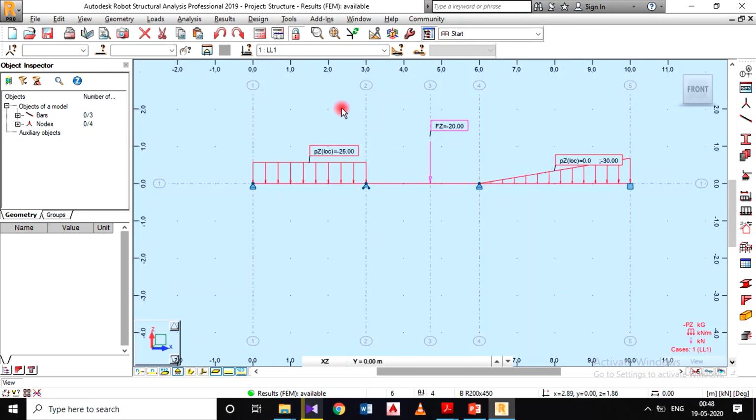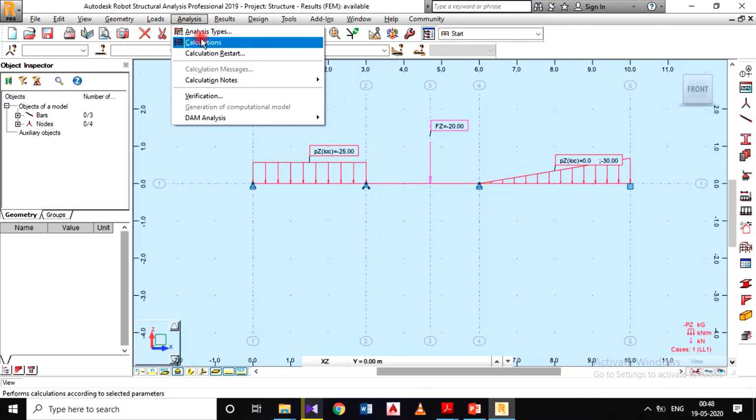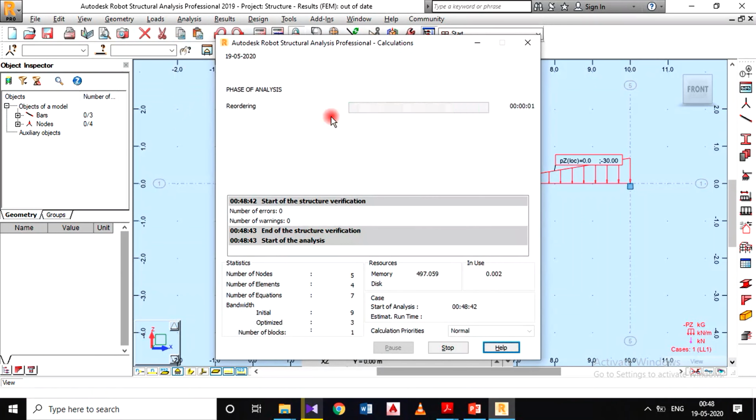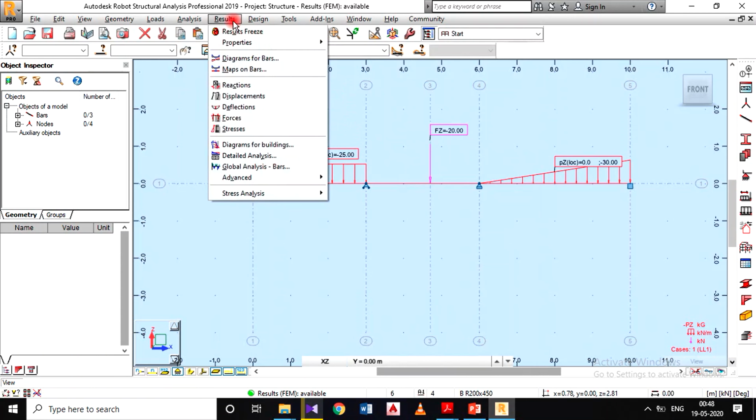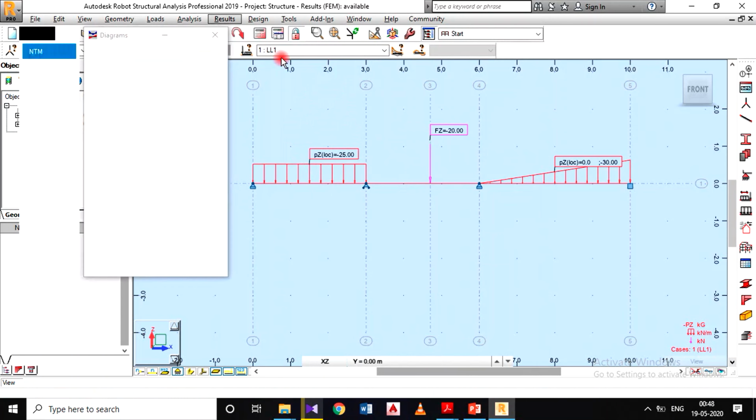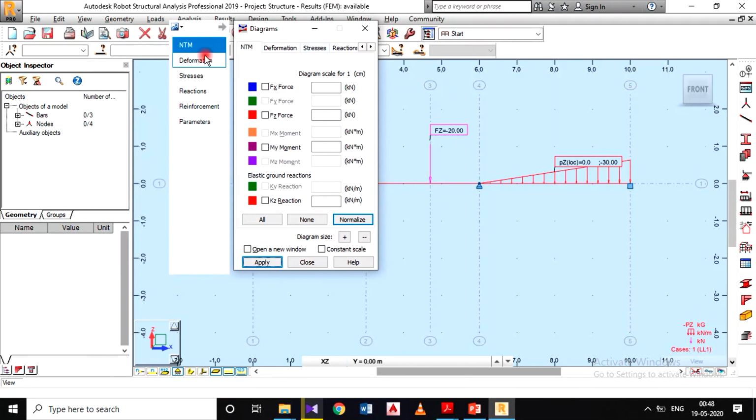Now the next part will be the analysis. So click on the analysis, then click on the calculations in that. The analysis part is over. Now we need to see the results. So for that go for the results. In that click on the diagrams for bars. Here in this window we have NTM, deformation, stresses, reactions, like that options.